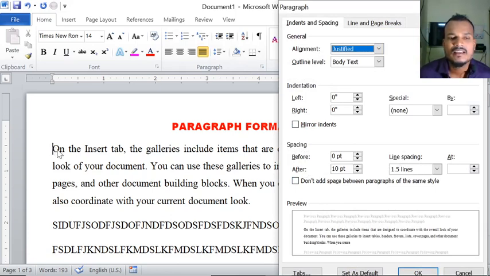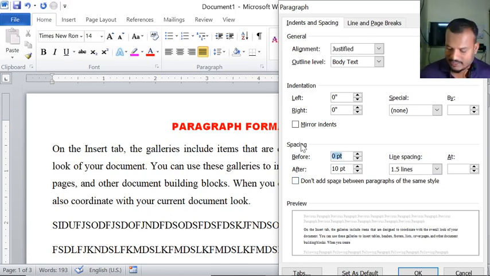Paragraph before means here, spacing. Paragraph after means here. Once again I'm telling, paragraph spacing: before means here spacing, after means here spacing. See here, before, here how much you want the spacing.